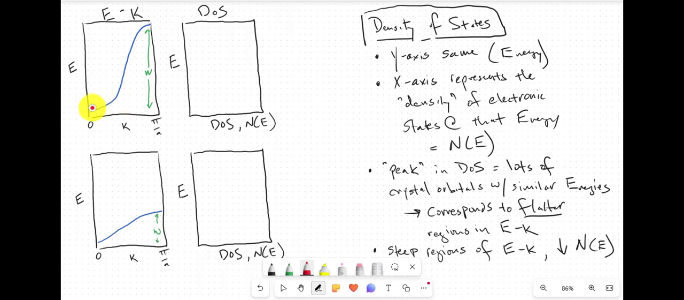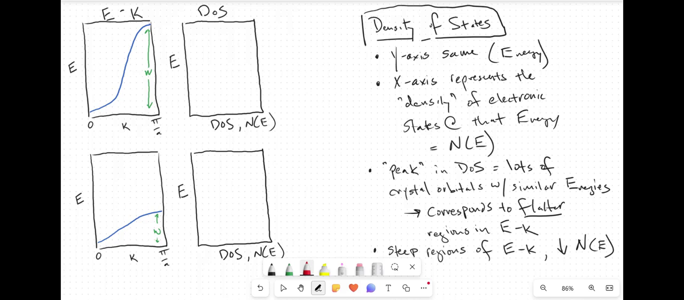And so just to reiterate, flat regions correspond to higher density of states. Steeper regions in our EK curve correspond to the lower density of states. And that's how we translate the two. So let's build up the density of states for this first one, knowing how we translate between EK and density of states. And so first thing we can do is just think about